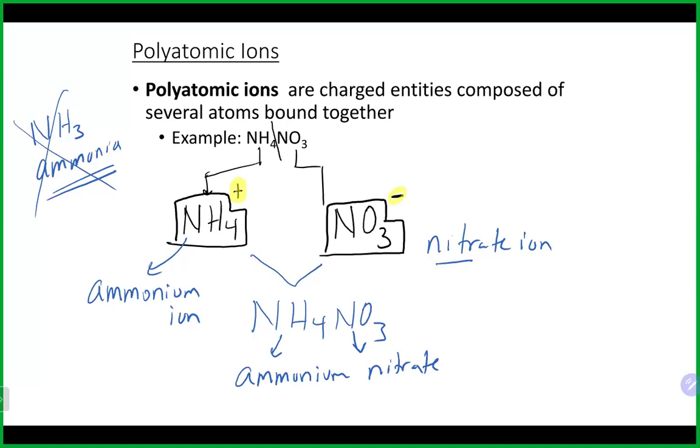Now, what is the deal with polyatomic ions? Well, the deal is this. There are very few positive polyatomic ions. Ammonium is one of the few positive polyatomic ions. There are a few others, but that's probably the most common positive one that you come across a lot. So what does that mean? It means that the vast majority of polyatomic ions are actually negatively charged. So in most cases, you will end up with a polyatomic ion that's negative, and it will hook up with a metal that is positive. So more often than not, when you're dealing with polyatomic ions, you will have this combination of a metal and a polyatomic ion,